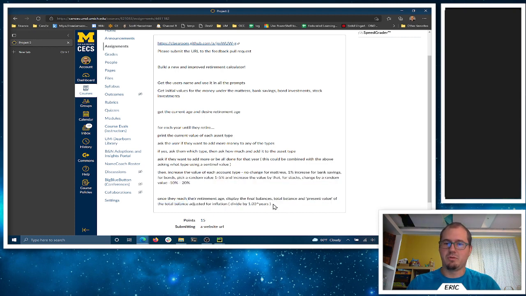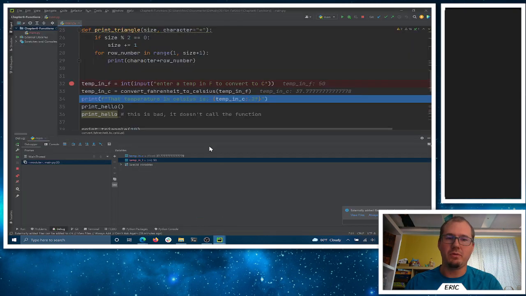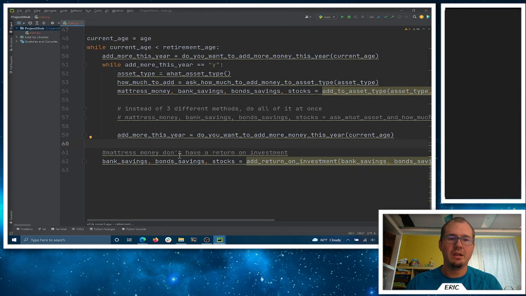And then, once we're done, display final balances, final balance, present value, right? All that finishing stuff we did before, we can then go do that. So after that loop is done, once we've reached our retirement age, then we can do that function. Or print final balances or something, or calculate future value. Future value equals a